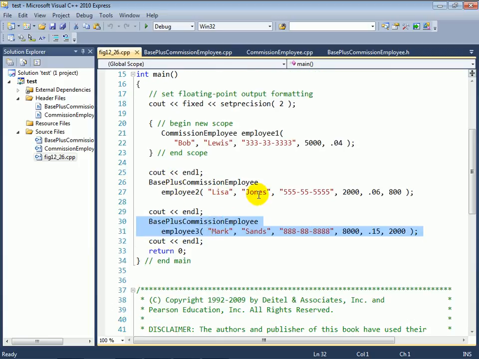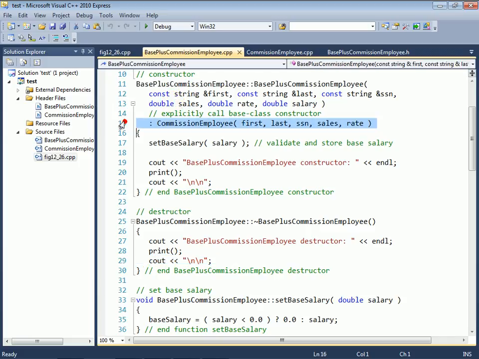Now, when you create a base plus commission employee object, first, what happens is the memory for the object, in this case called employee 2, is going to get allocated. Then the constructor for class base plus commission employee will get called. That constructor in turn will first call the commission employee class's constructor to initialize what was inherited from class commission employee into class base plus commission employee. Then when that's done, we'll call set base salary and output the information saying that the base plus commission employee